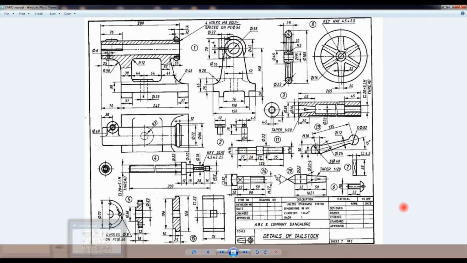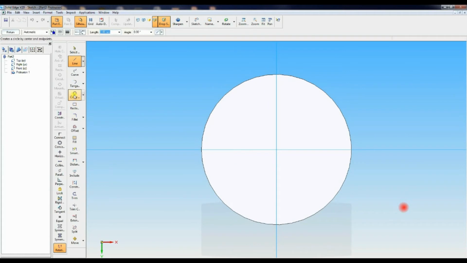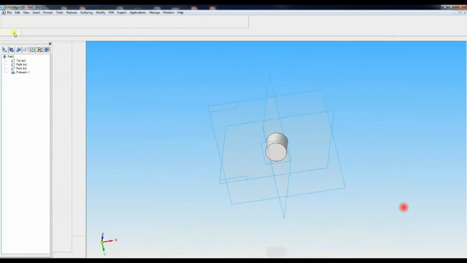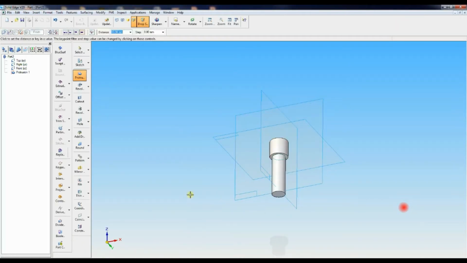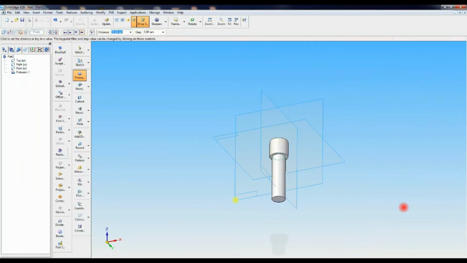Now M16, go to protrusion, select bottom surface, draw a circle of diameter 16, then return, distance you have to give 27 plus 28. Okay, that is the distance.